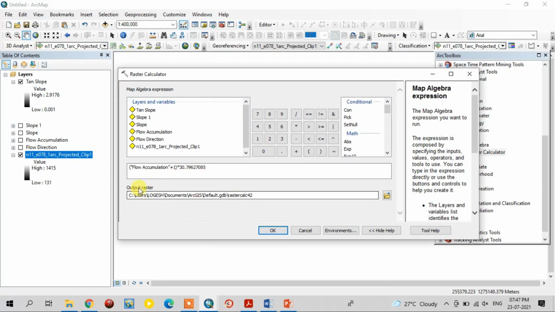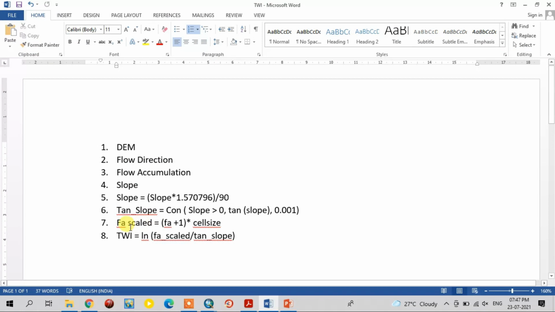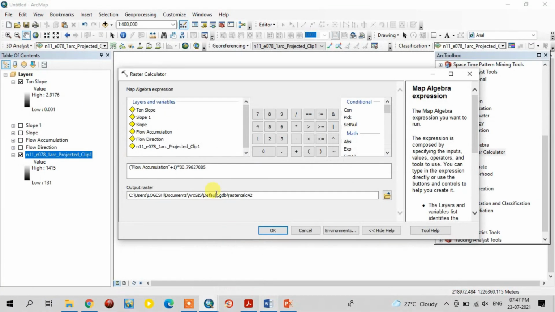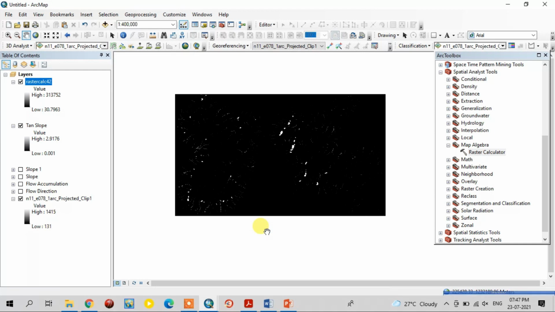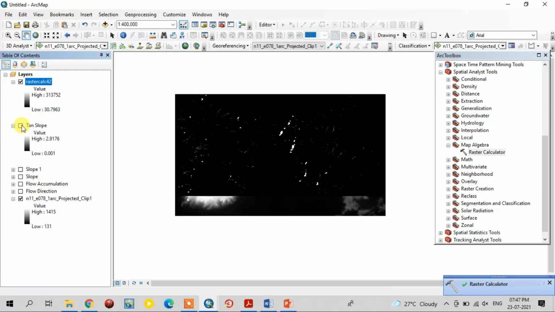This is the formula for creating the scaled version of flow accumulation. See, this is the scaled version of flow accumulation.